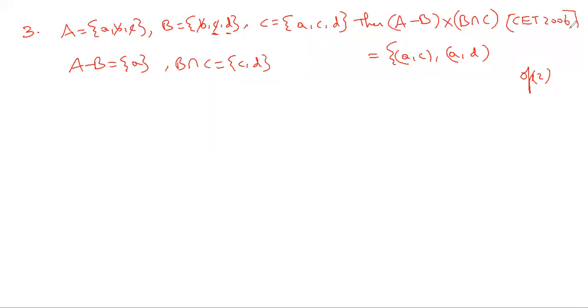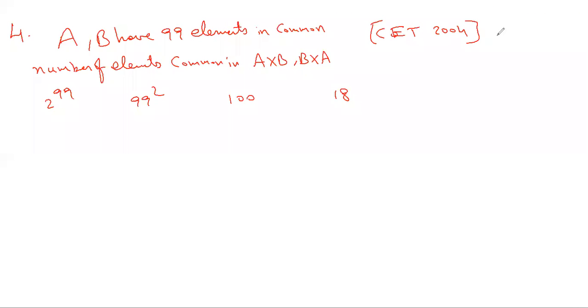So CET is all about speed. You need to do it in less time. There won't be much difficulty. See, out of 60 questions, 40, 50 questions will be like this. The 10, 15 questions will be a little time taking. So you should save the time from the less time taking questions and use that time for the little more time taking ones. Sometimes in CET you'll have a 2-minute or 3-minute question, very few, right? For answering those questions, you need to get the time from these kinds of problems.